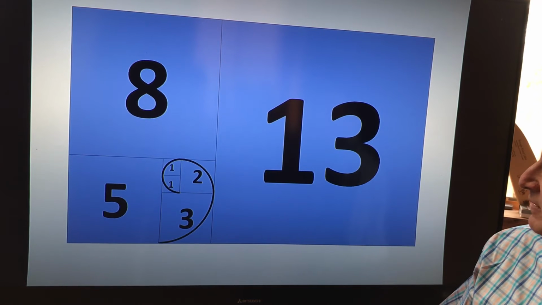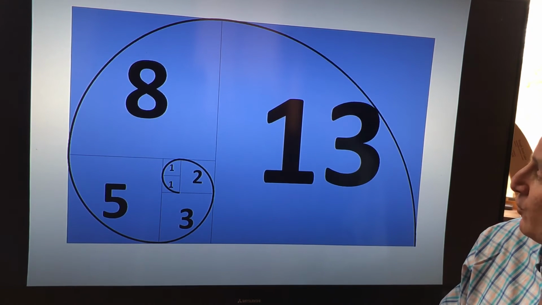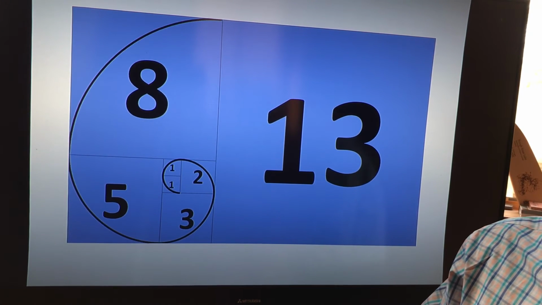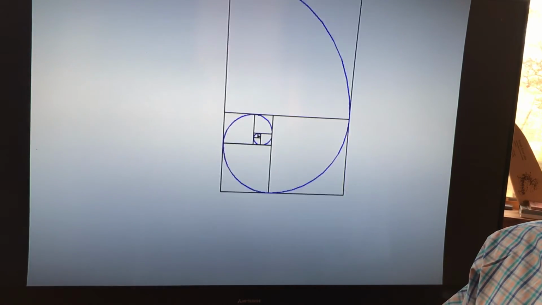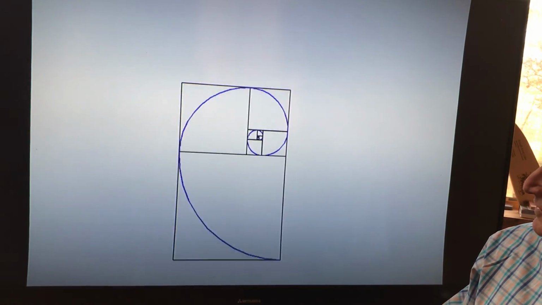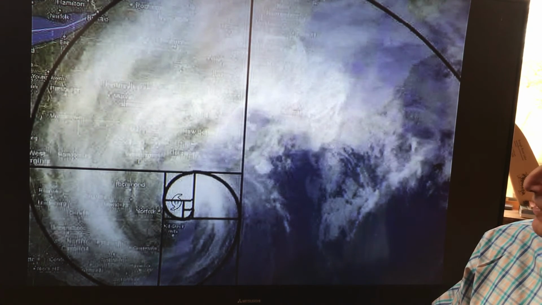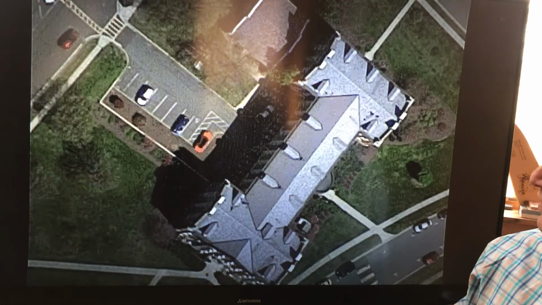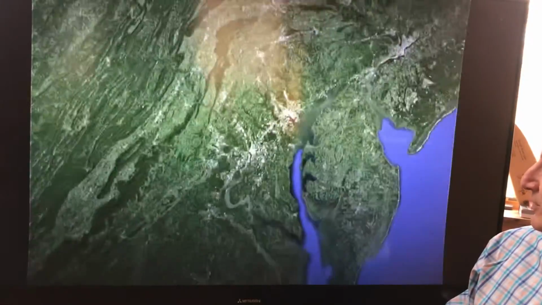If you make a circle from corner to corner, a quarter circle in each quadrant that you make, then you get the Fibonacci spiral, which goes to infinity, just like the Fibonacci series. And the spirals occur all throughout nature, and in storms. And then if we pull up away from the Earth here for a second and look out in the universe,